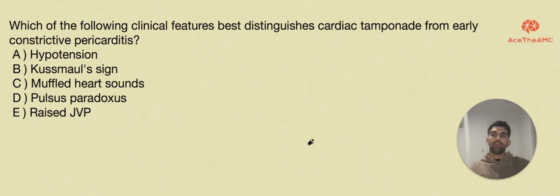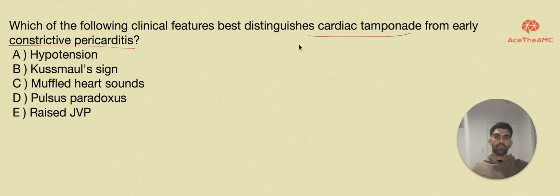So today we have a cardiology type recall question. A lot of important features within this question that we're going to go through. We'll get straight into it. Which of the following clinical features best distinguishes cardiac tamponade from early constrictive pericarditis? Importantly, when we're looking at these questions, we'll talk about each of the answer options,